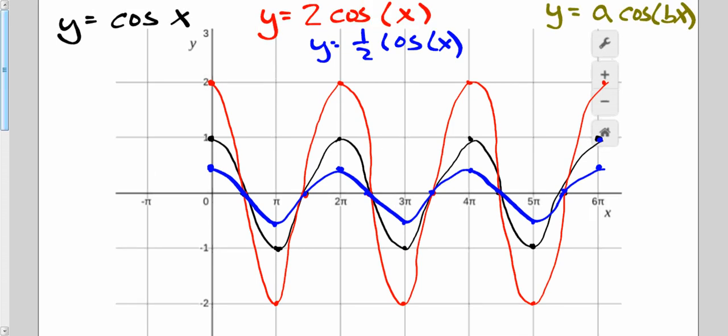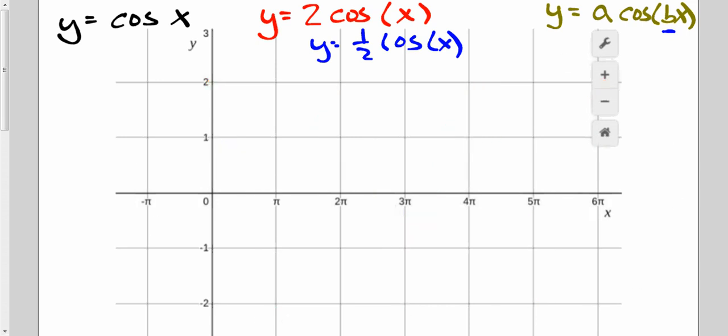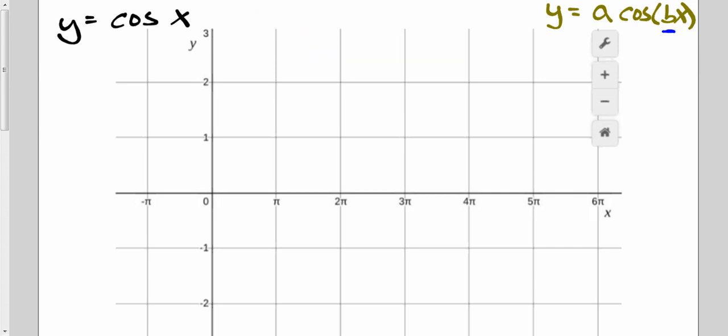Now I want to look at playing with my b value. So I'm going to erase all these lines. Don't worry, you'll get the opportunity to watch this on your own via YouTube, as always. So let me erase all these things though. And we're going to start anew, except instead of playing with my a value, I'm going to play with my b value. So let's do y equals